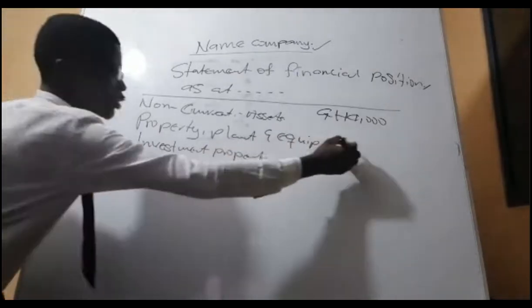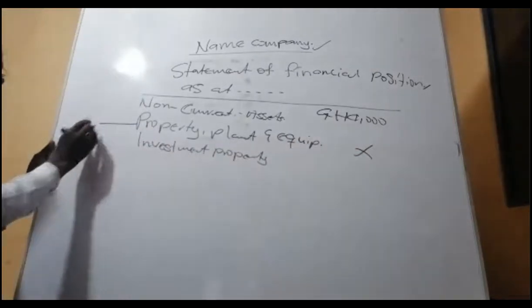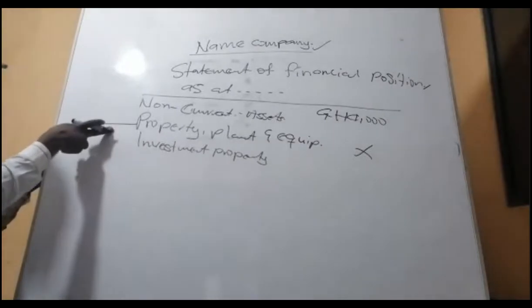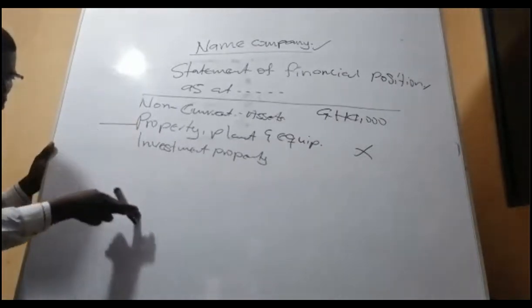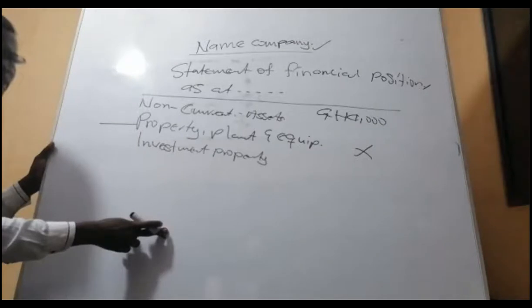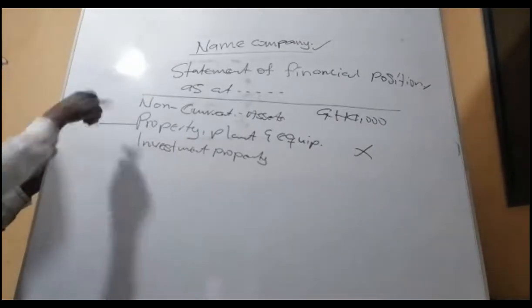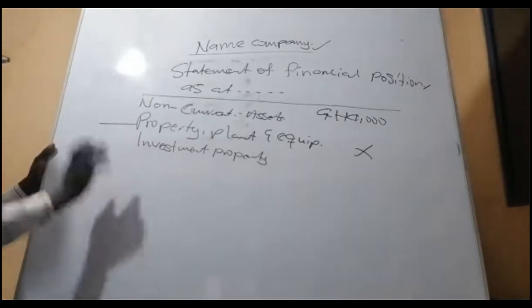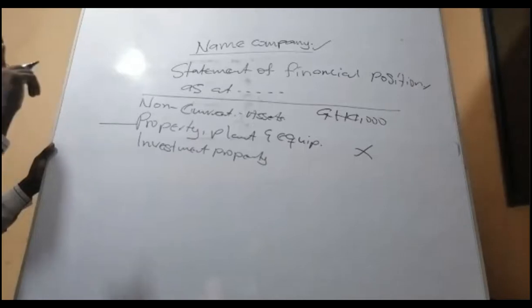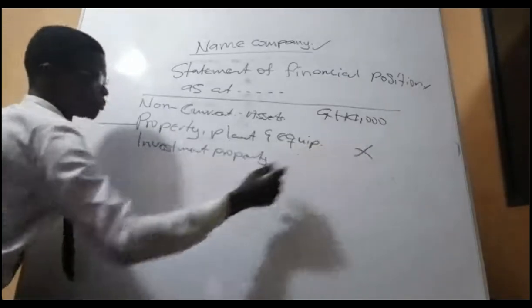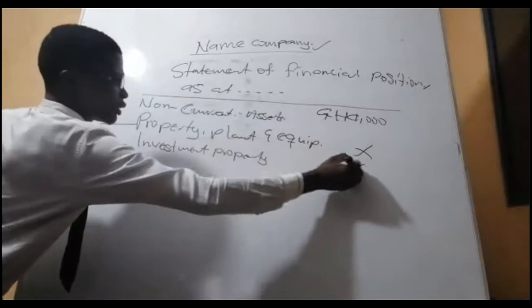All of this is one figure. In fact, this guy is a troublesome guy. Do not go and do workings on it. List all your tangible non-current assets that you are using in the business, list all of them down, sum them up, represented by one figure. Read it here for us. Investment property. Continue adding.